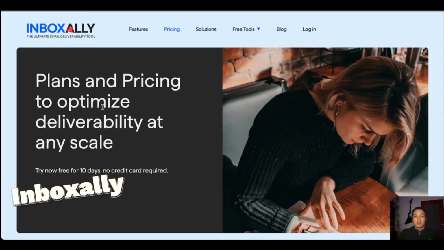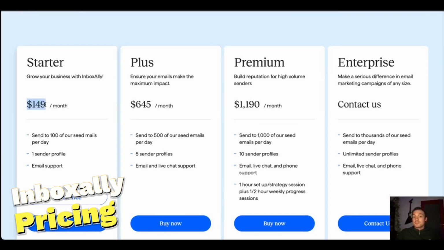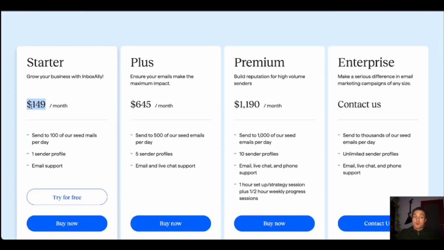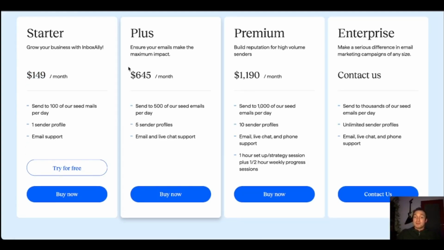Alright, so starting off with pricing, InboxAlly starts at $149 per month. This gives you one standard profile and 100 seed emails per day. What this essentially means is that you can connect one inbox to your InboxAlly account, and then every day 100 seed emails will interact with your messages, track where they land, whether that's promotions, spam, or hopefully inbox, and will help you build positive signals for your reputation while giving you data on your placement, which is essentially what you want. If you want more than that, the Plus plan that starts at $645, comes with 500 seed emails and 5